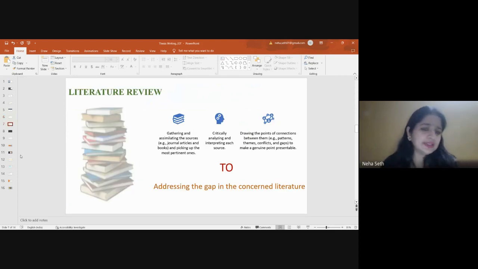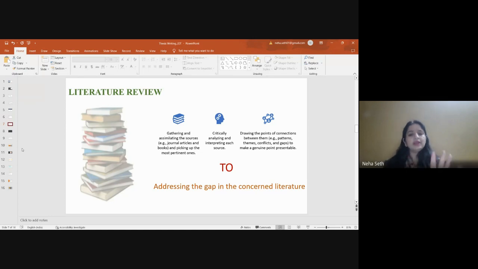Once you are done with this first introduction chapter, the second thing that we need to do while writing the thesis, though according to me this should be the first thing when we are doing the research, because then only will we get to know the actual situation of the research and what the gap is, so that we can fulfill that gap. Practically this is the first thing that we have to do. But when we present it, we present the introduction first, and then the literature review.